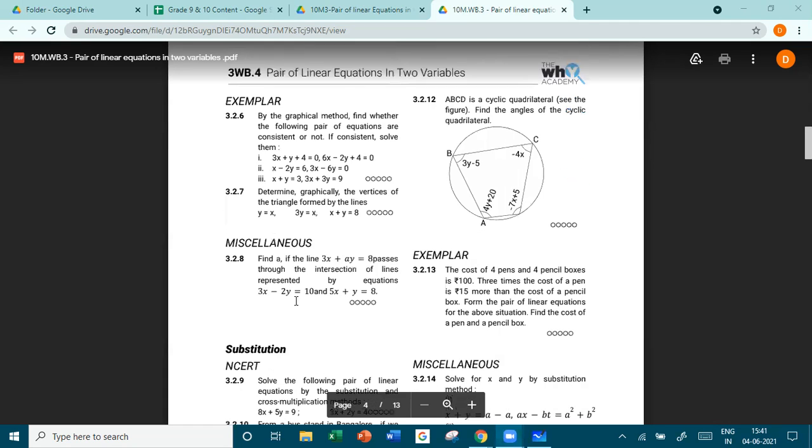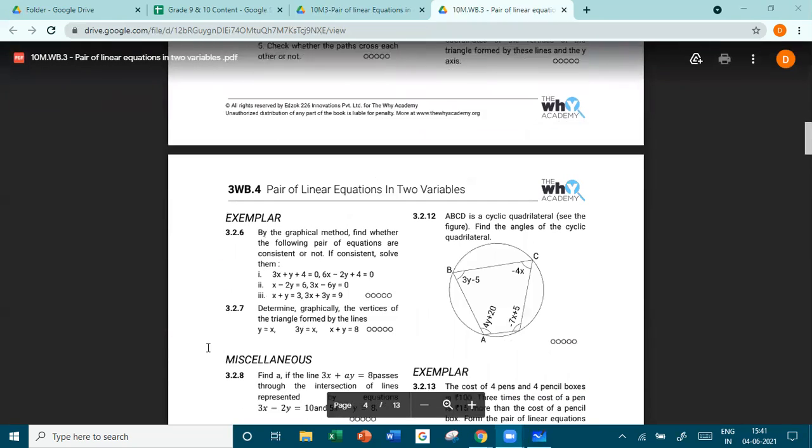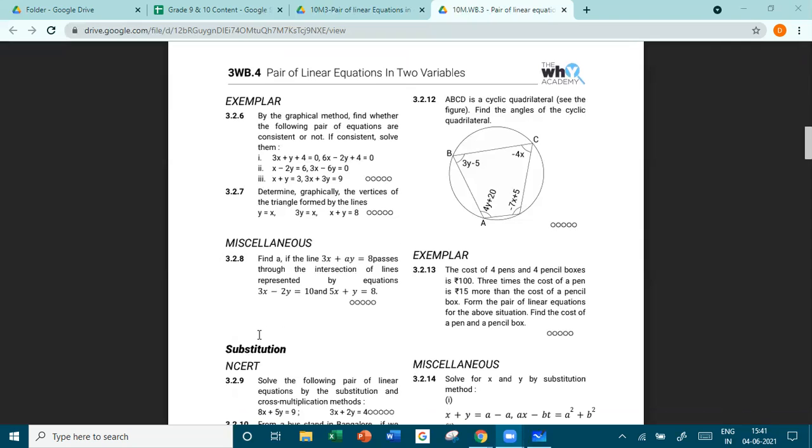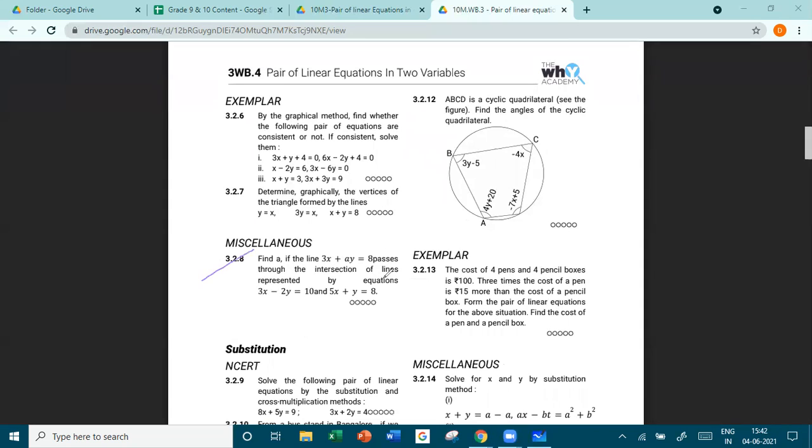Determine graphically, again this is the same as 3.2.4, 5 and 7, all three are same questions, right? This is an interesting question. Let's do the eighth one. Find a if the line 3x plus ay is equal to 8 passes through the intersection of lines represented by the equations 3x minus 2y is equal to 10 and